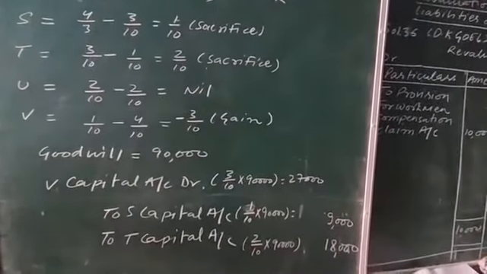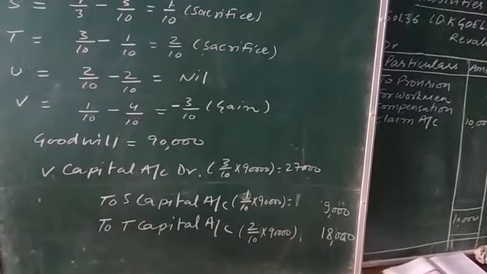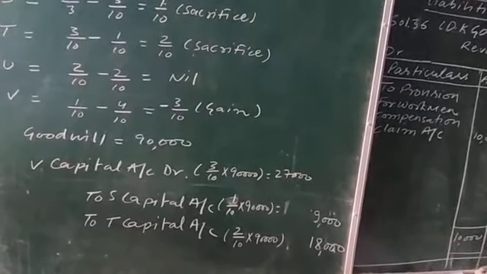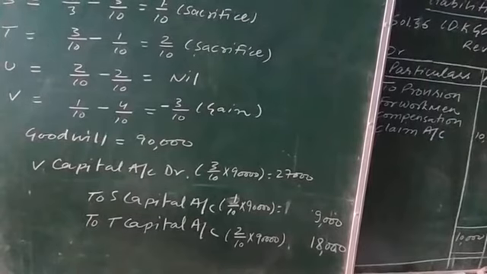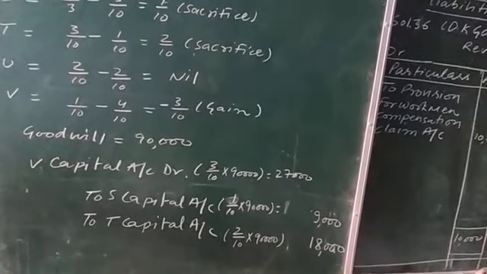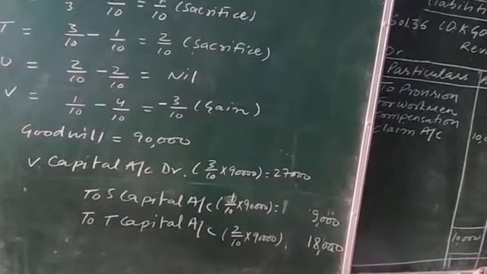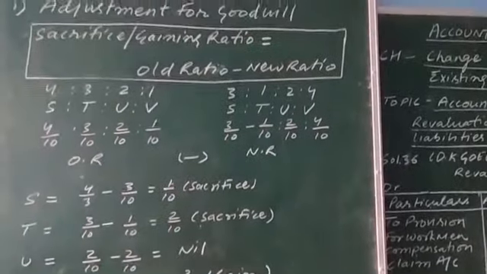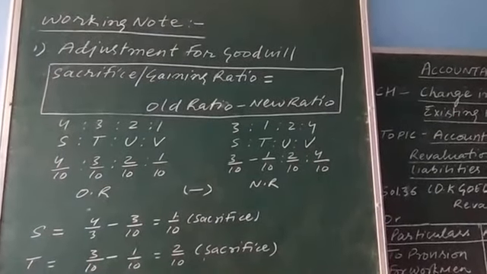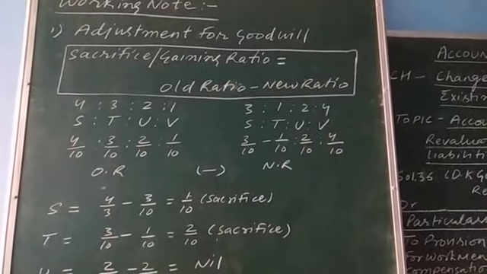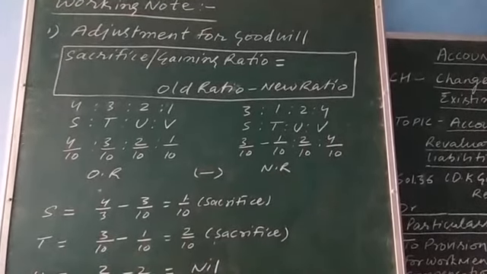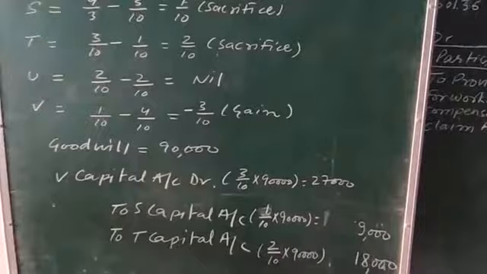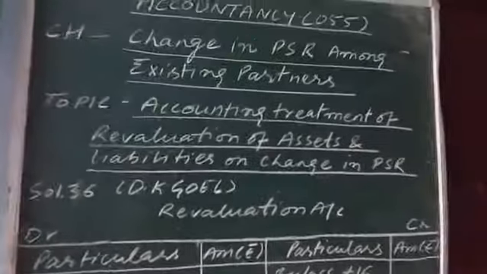In the next online class session of accountancy, the effect of the same journal entry will be shown. On the debit side, you have to write the name of S and T, and on the credit side of S and T capitals, you will be using the name of V. Okay, right? Remember it. Just I am showing you. Take the screenshot. I am showing you. Okay, because this will help you a lot in preparing the capital accounts of the concerned partners, S, T, U and V, tomorrow in the next online class session.